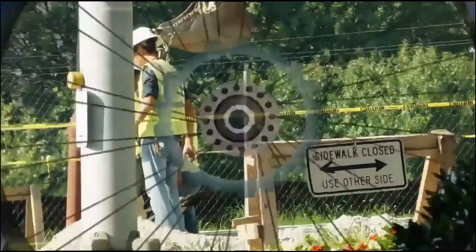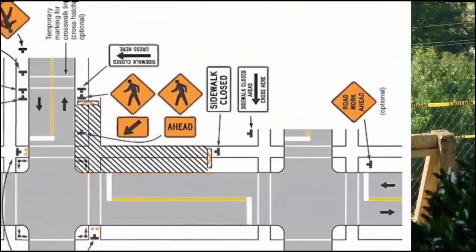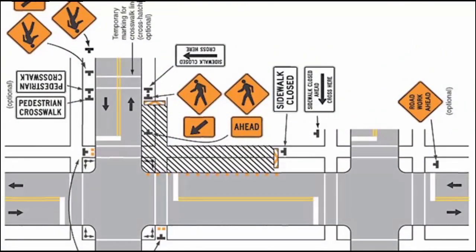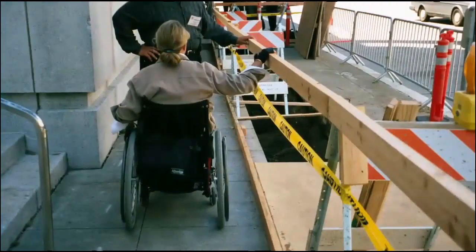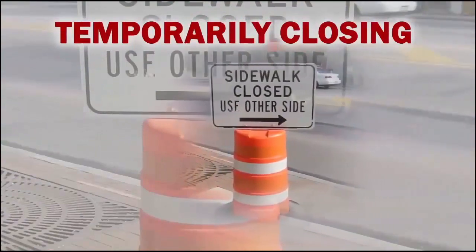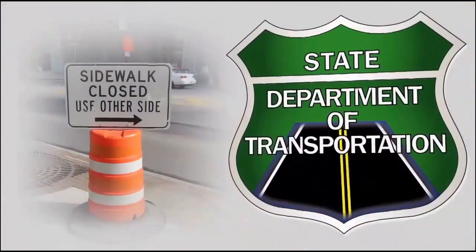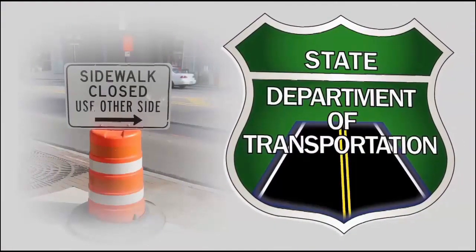During construction of a federal aid project, pedestrian access should not be reduced unless equivalent access exists. For example, let's say you have a reconstruction project work zone that closes an existing pedestrian facility. In this case, you have a responsibility to provide and maintain an alternative facility, and it must be accessible for people with disabilities. An exception can be made if you are temporarily closing a pedestrian facility during a maintenance project that is of short duration. You should contact your state DOT for assistance any time your project may temporarily close pedestrian facilities.